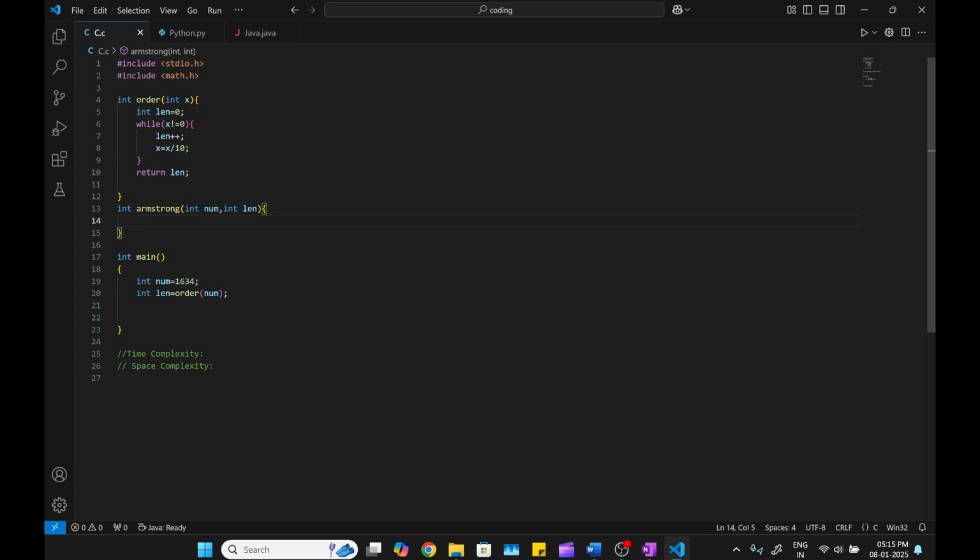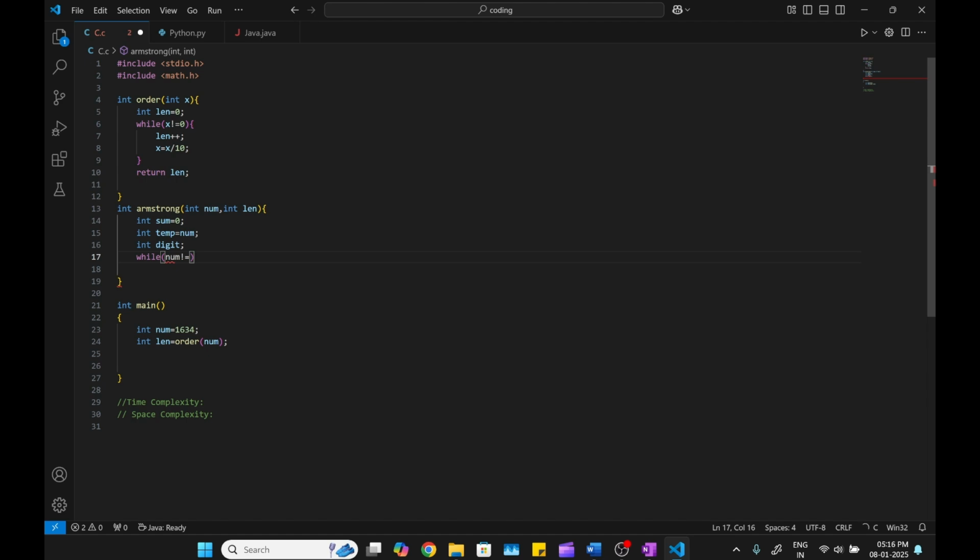And in the Armstrong number function, first I will have a sum variable which consists of the sum, initialized to 0, and after that I am taking a temp variable so that the original num value is stored, and I am initializing it to num, that is int temp. At each and every iteration I need to get the digit, so I am declaring an integer digit. And after that a while loop, so what's the condition,